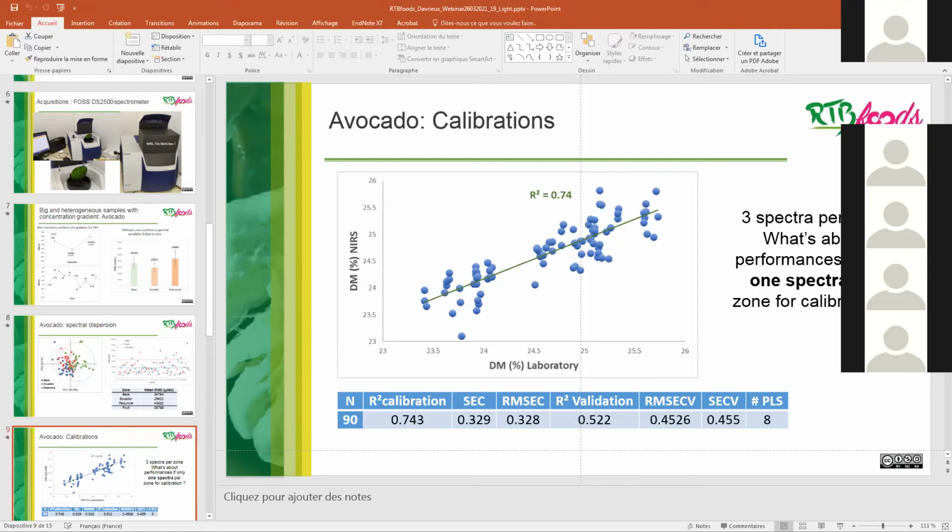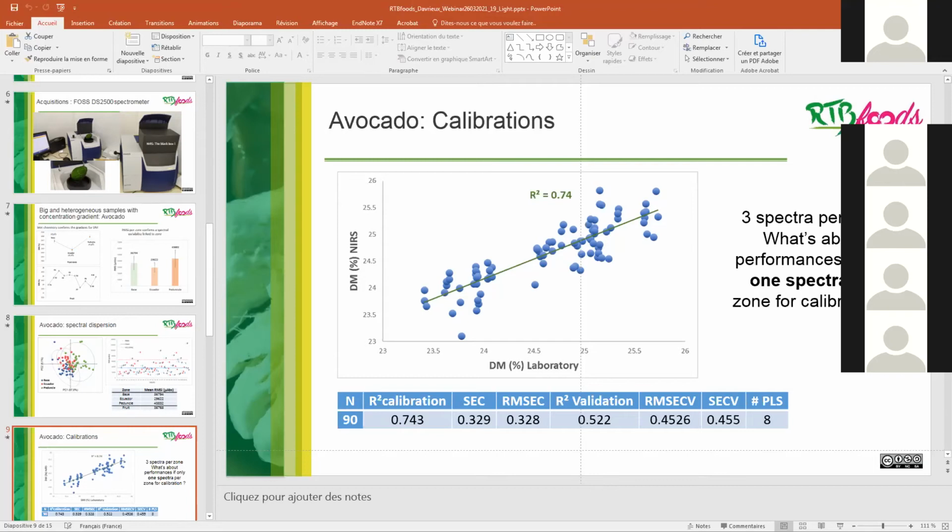That's why we are working on optimizing the number of spectra to be representative, to save time, to save manipulation, and to take advantage of NIRS.